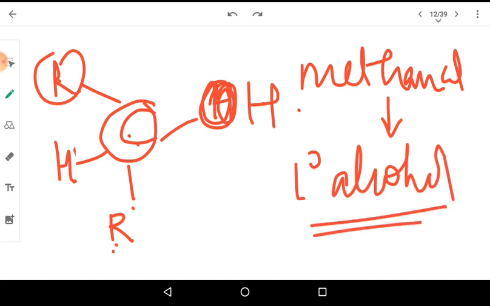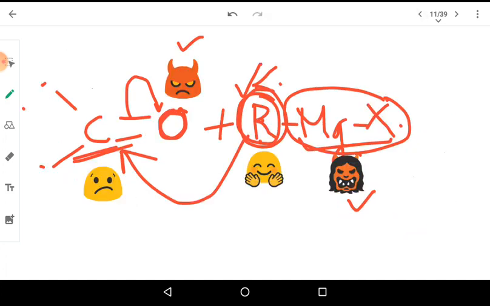So this is important. Let us quickly recap what has happened. We have this oxygen, a very greedy person, and he is going to take away all the electrons from the double bond, as a result of which the carbon is deficient in electrons. So the sharing person, that is the R, is going to donate the electrons to the carbon, and due to this donation a bond is formed between the carbon and the R group. Now the MgX group is going to come and attach to the oxygen atom, and as a result we get an adduct.